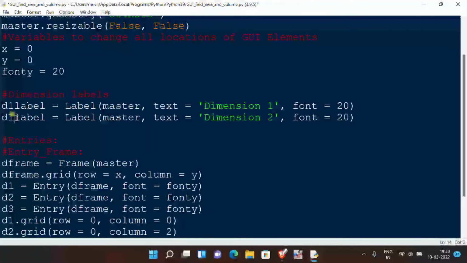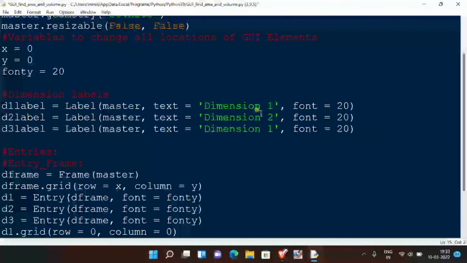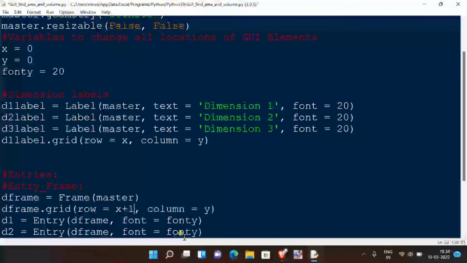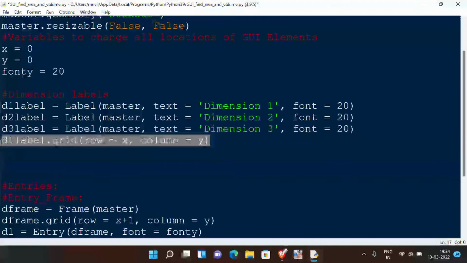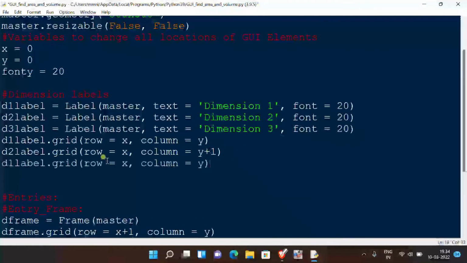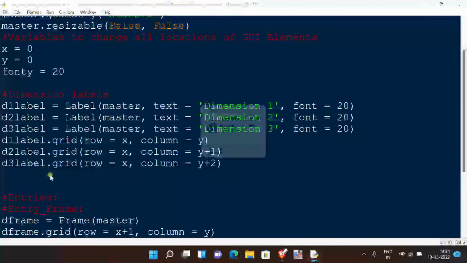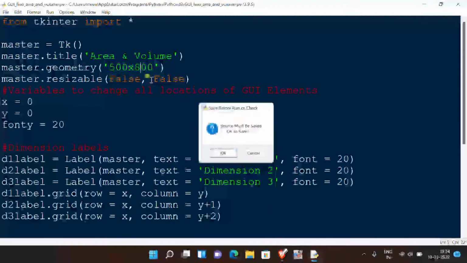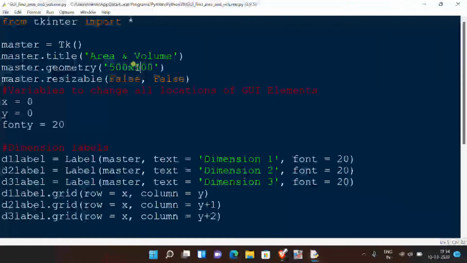By giving these labels, we are making it clear for the user that he has to give dimension 1, dimension 2 and dimension 3 at the spaces provided below these labels. We have to grid these labels carefully above our entries. There seems to be a problem in the screen size. Let us change the width. It looks better, but now the rows and columns are different